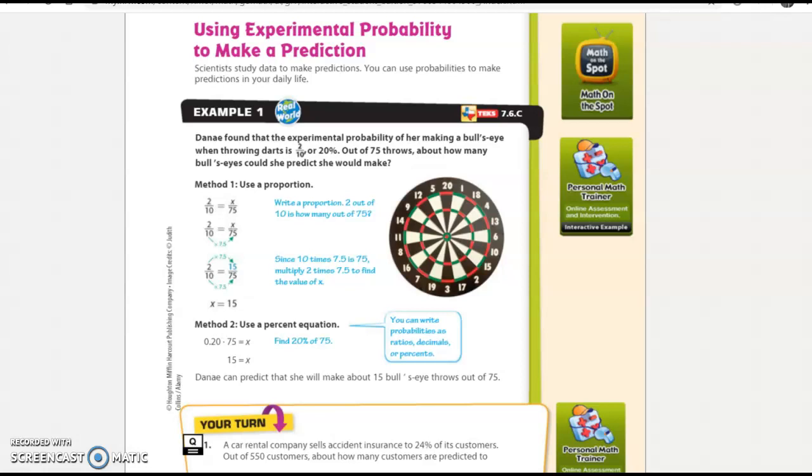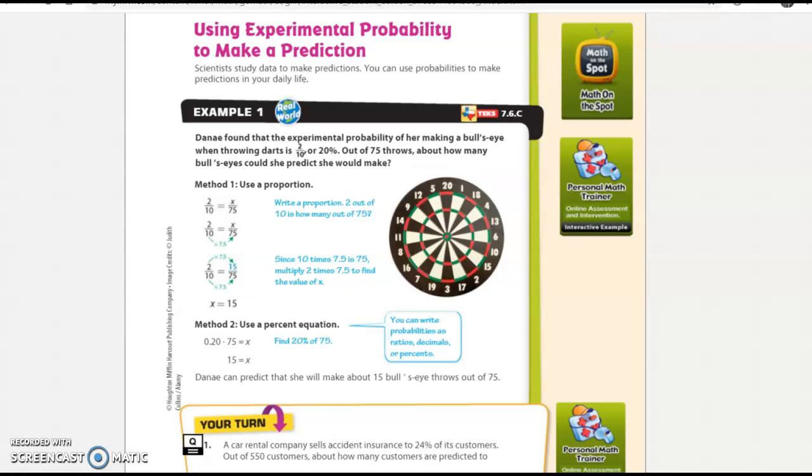We are today going to be talking about TEKS 7.6c, which deals with using experimental probability to make a prediction. Now, data in terms of probability is used all the time by businesses, by scientists, etc., to make predictions in